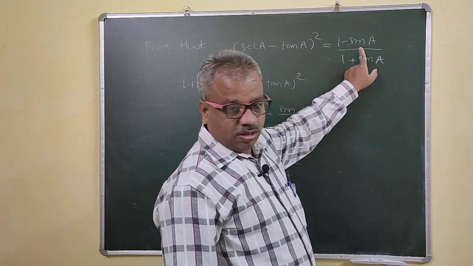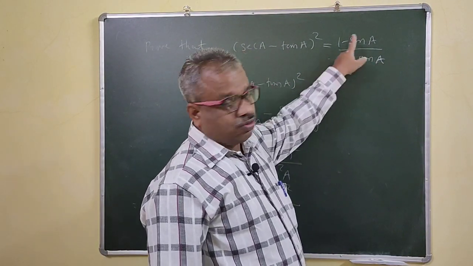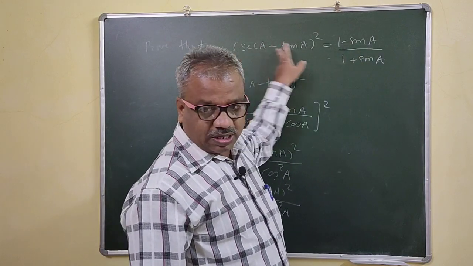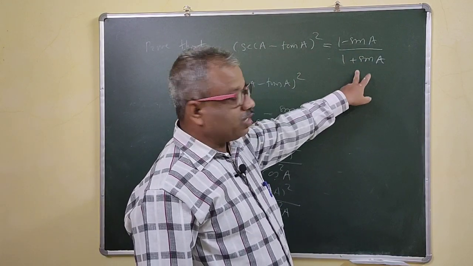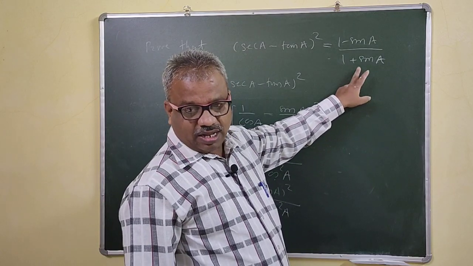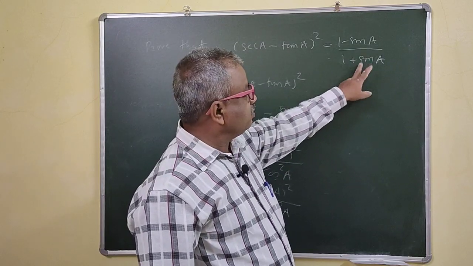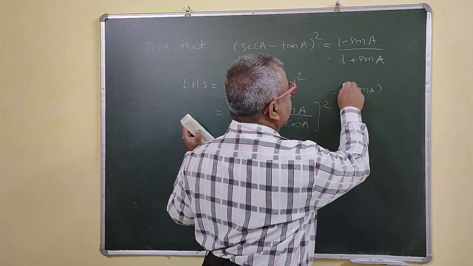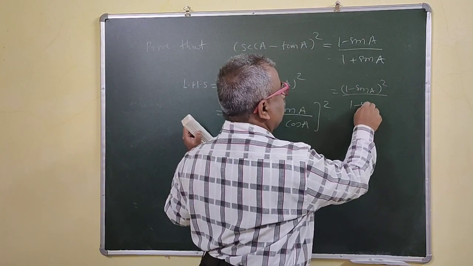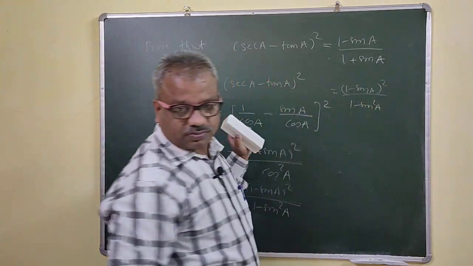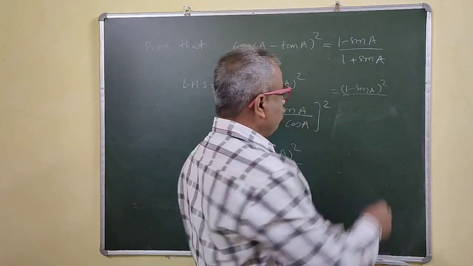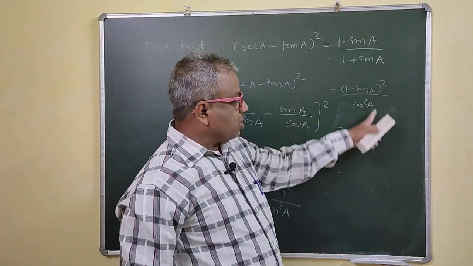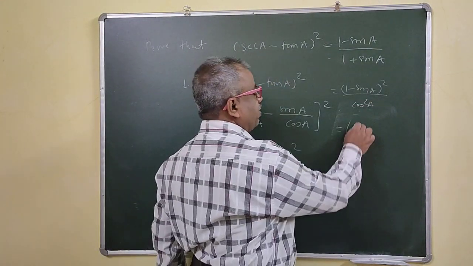Also, you can do this one from RHS also. From RHS also it is. Just what you don't want, the denominator is not there. Just what do? We'll rationalize the denominator. See, if you rationalize this, what we get then? 1 minus sin A bracket square will be then, right? And this is what? 1 minus sin square A. 1 minus sin square is what then? Cos square A. Is cos square A. Right? Now both are the square. That means you can take the bracket. This is what?